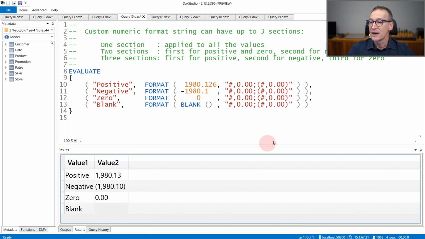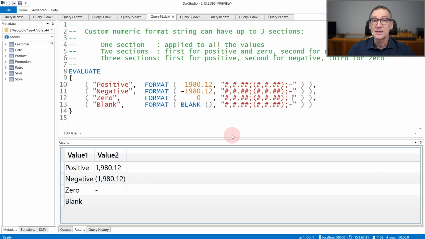You can also specify the second section of the format string. In this case, I used the same value of the number enclosed in parentheses. And the result is that now negative numbers do not have the minus sign before. Instead, the negative value is shown in parentheses. If you use the third section, that section is used to represent a 0.